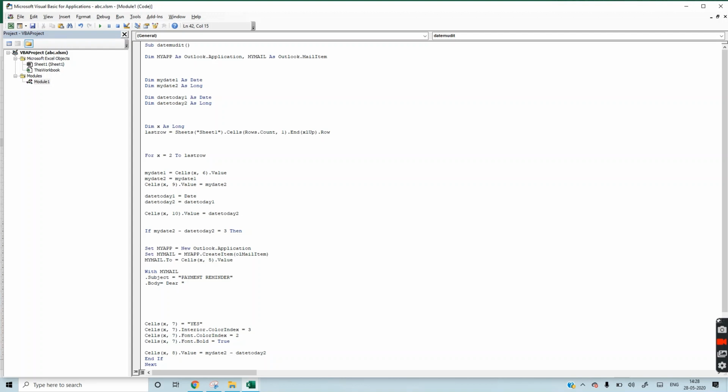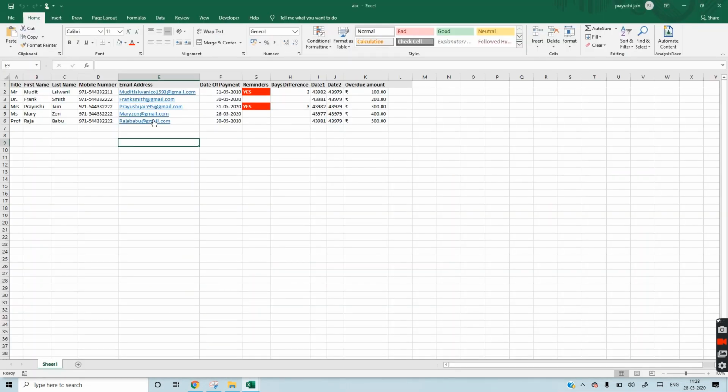Now Dear is fixed, so we will write it in double inverted commas. The name will be variable and dynamic, so we want it to take the value from this second column.